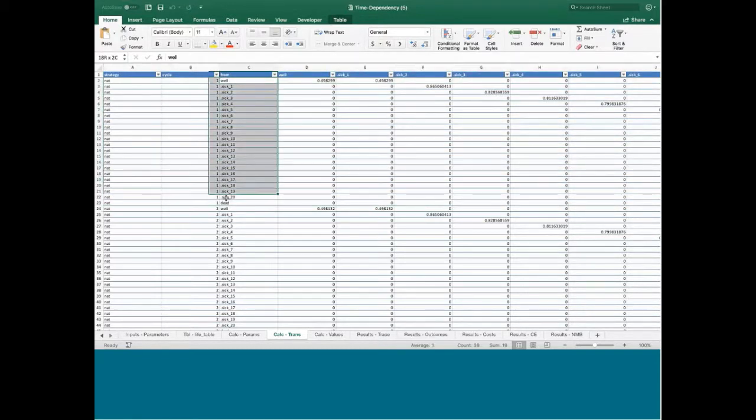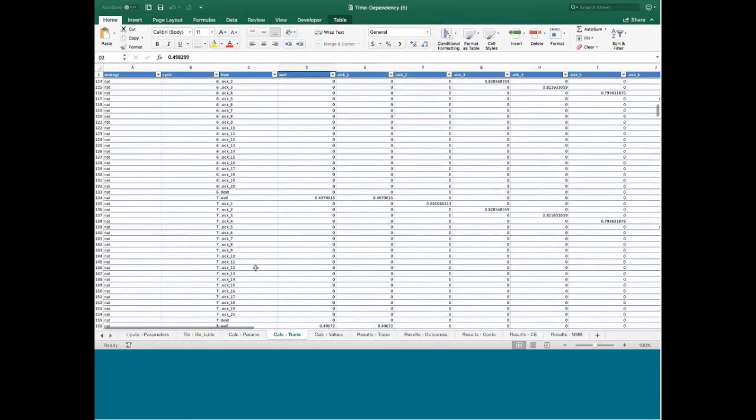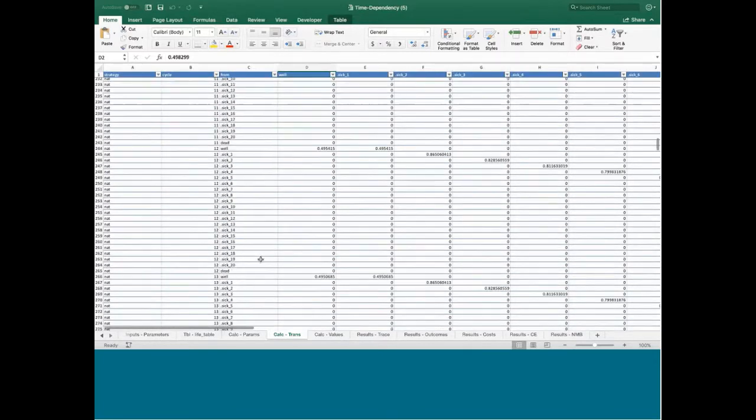Just as an example, this is a model that we defined with 3 states: well, sick, and dead. But because we referenced state time in the calculations of the sick state, it automatically expanded it into a set of tunnel states. And so those tunnel states are included in these transition matrices. So you can scroll through this and see for any particular transition in any particular cycle exactly what probability was used.